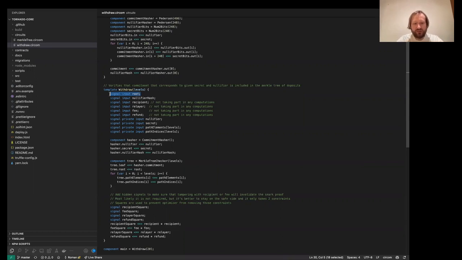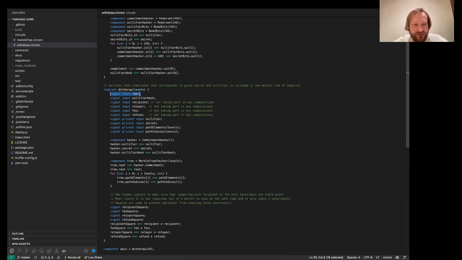For example, when you generate a proof that you want to withdraw some node and then someone does a new deposit, the Merkle root is changed. So yours is not the last one, but it's not a problem, because if your node was in the Merkle root 10 blocks ago, it's for sure still in the new Merkle root, right? Because you can't remove nodes from a Merkle tree.